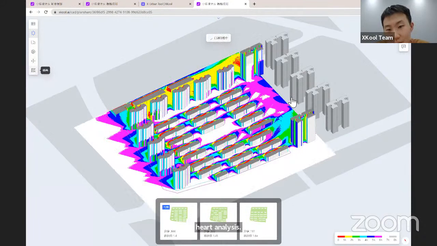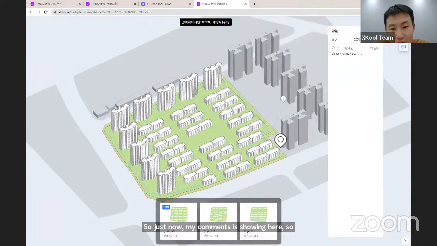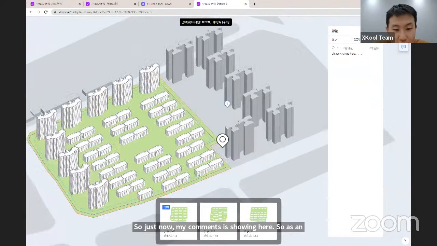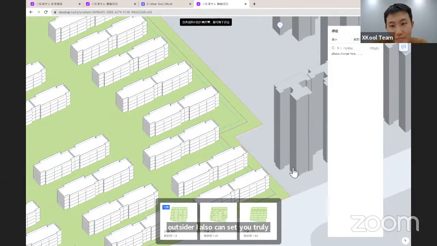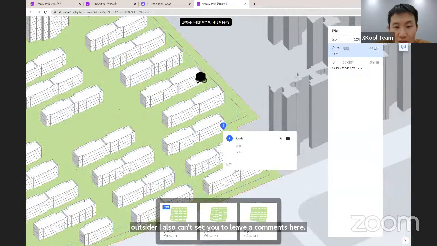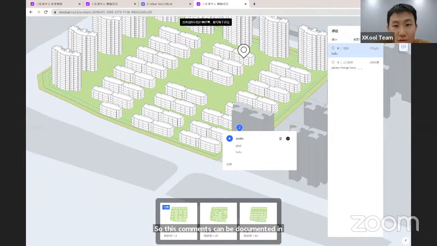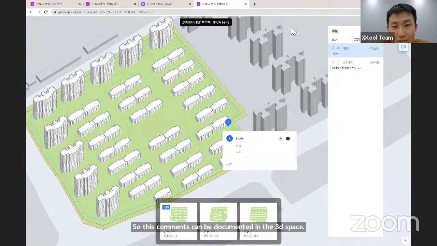So just now, my comment is showing here. As an outsider, I can also, let's say, leave a comment here. So these comments can be made in the 3D space. Okay, so I'm closing this sharing page